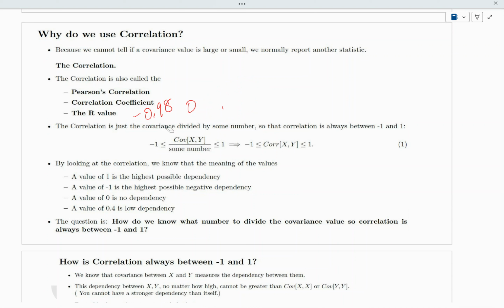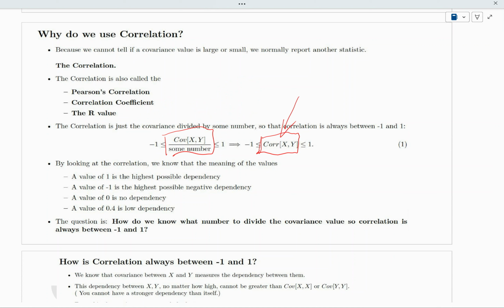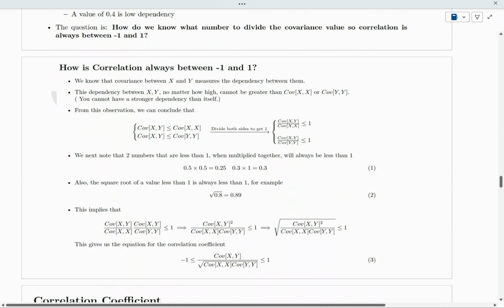So after we take covariance and divide it by some number to scale it, this term right here is called a correlation. Correlation. Okay. So once we convert it into a correlation, we know the scale and we know how this works. So the key is, what is this number? We now know how to calculate covariance, but then how do we know what number we should divide it by? Well, how do we do that? Well,